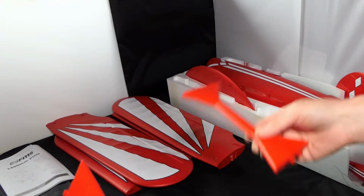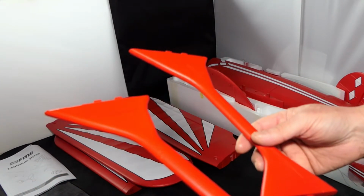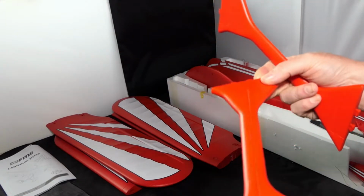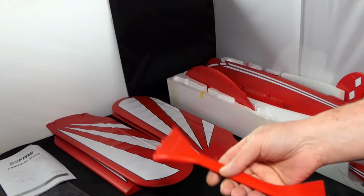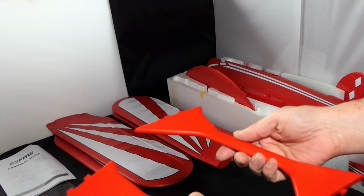Here are your wing joiners. I don't know which is which. And they're not plastic, they're foam. They're foam with a plastic piece running all the way through them up to the top. So they're quite lightweight. But if they do the job,